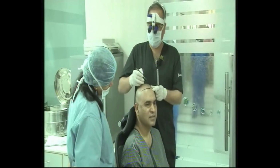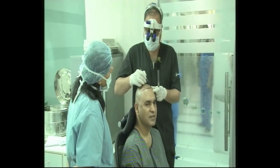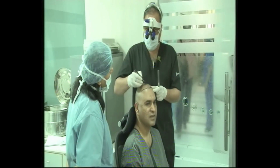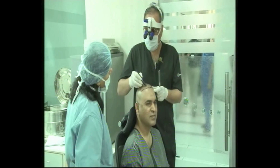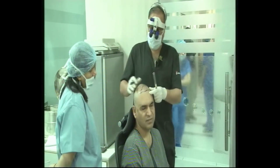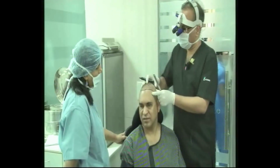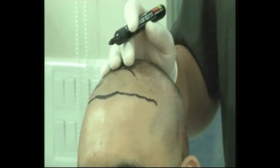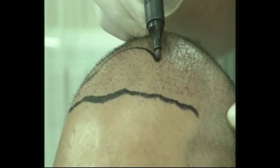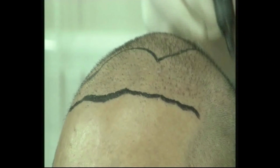So I'll show you pictures of his head. You have seen him yesterday during dinner time. So I propose to give him good density in the frontal tuft area, make the frontal hairline and the parting line, just turn around the side, and give him good density because he combs his hair from left to right. So what we are going to do is we are going to give high density in this area,